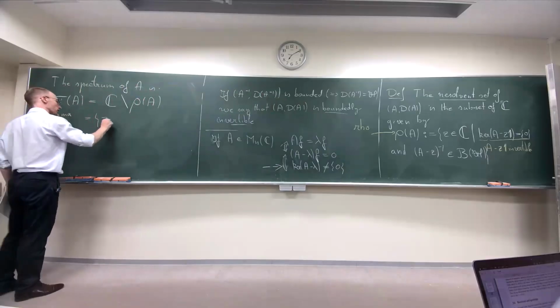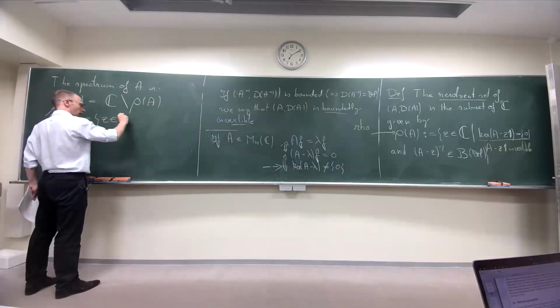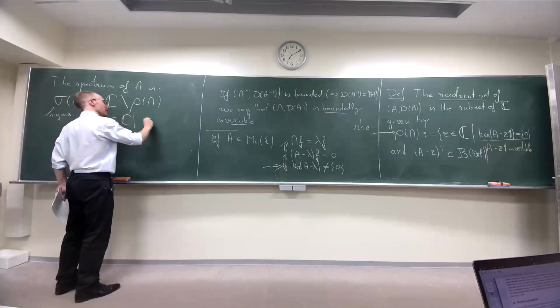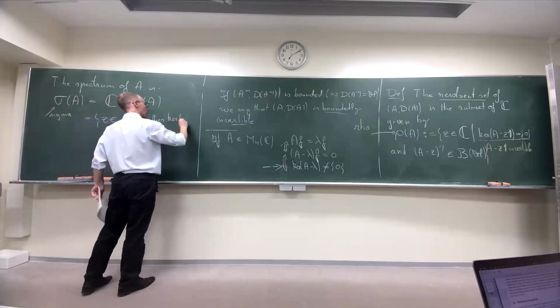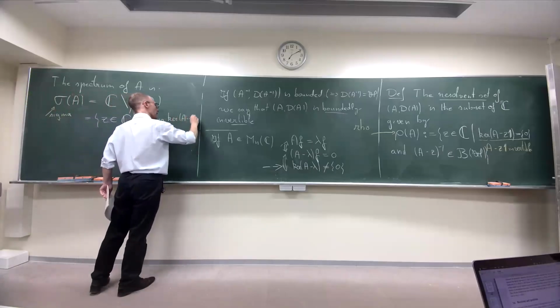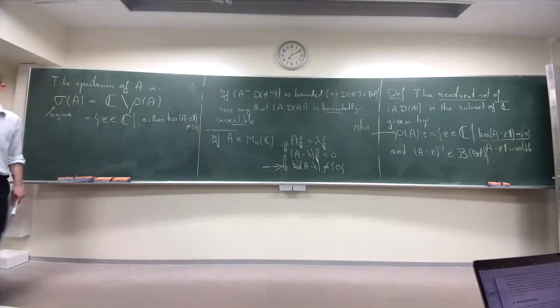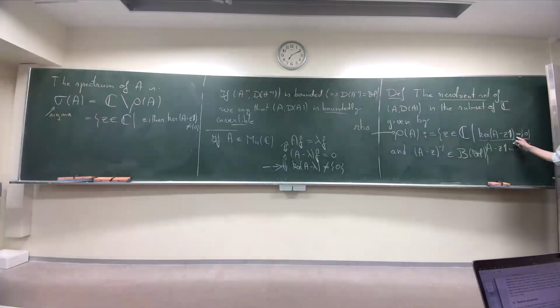It is a set of Z in C such that either the kernel of A minus Z times 1 is not 0, which is the negative part of this statement,